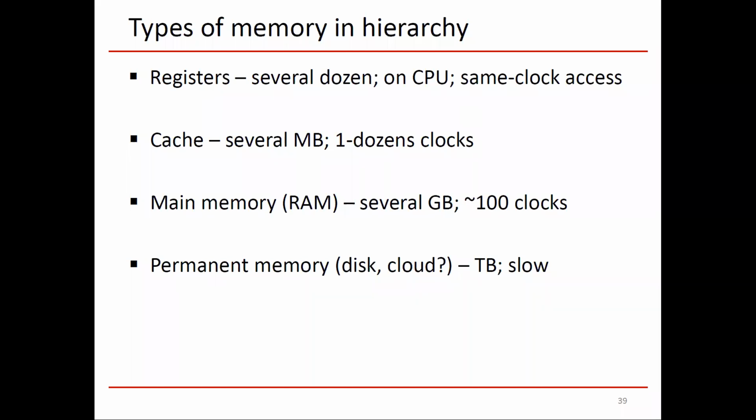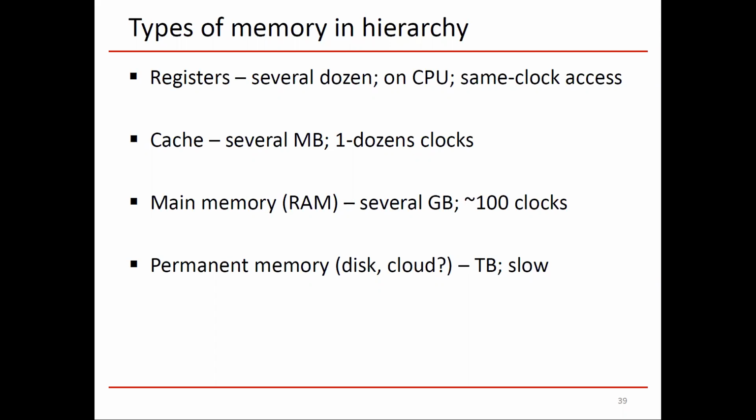Cache. So as I said, there may be multiple levels of cache. Typically there are 3 in modern computers, and typically these would have several megabytes of memory, and the number of clocks could be from a small number of clocks to a few dozens of clocks. But pay attention that we're talking here about clock speeds of a gigahertz, and let's say 20 clocks is 20